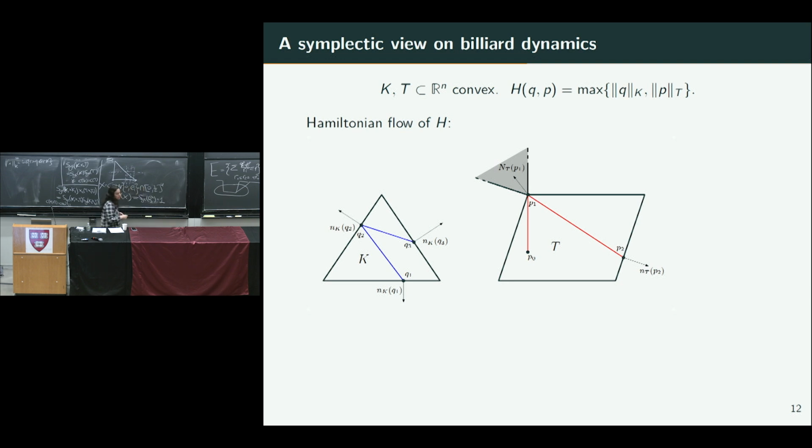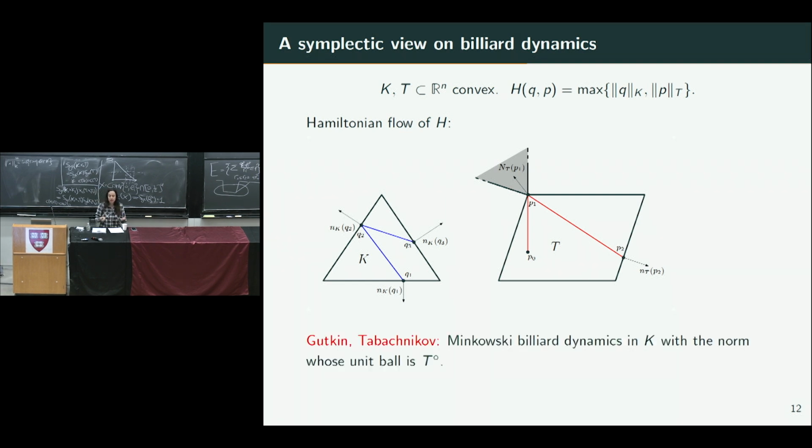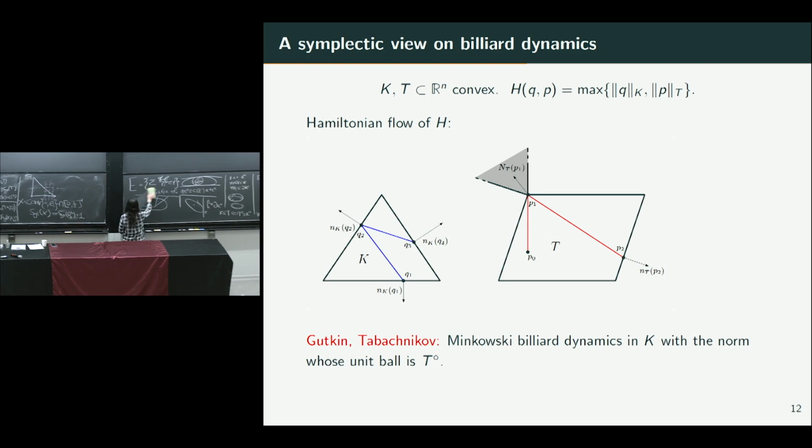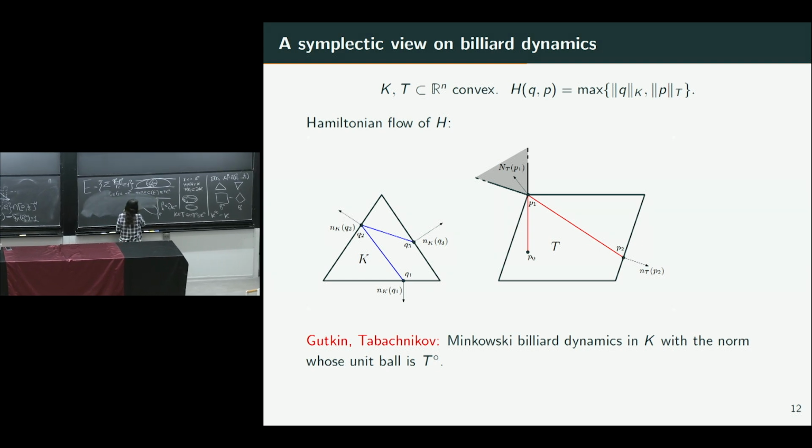And this dynamics is actually the same one would get if we would take the Minkowski billiard in K with the geometry coming from T. So what do I mean by that? So if I'm